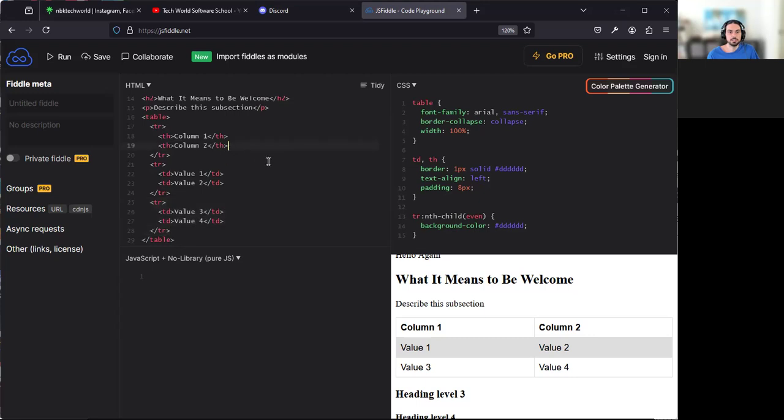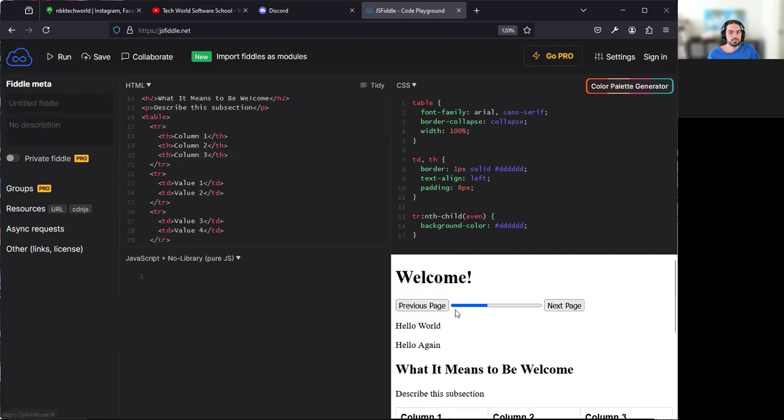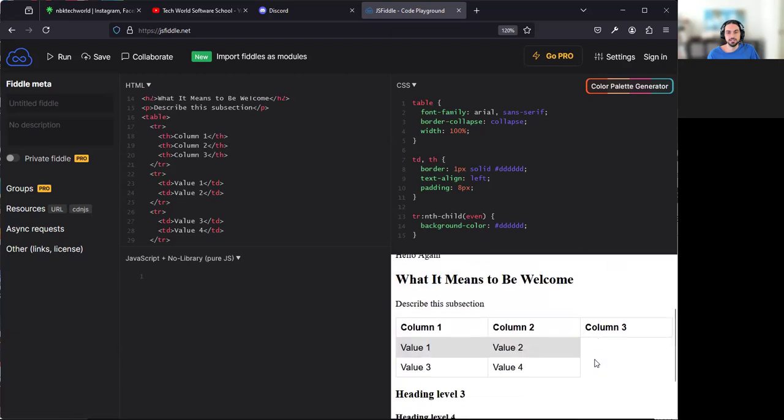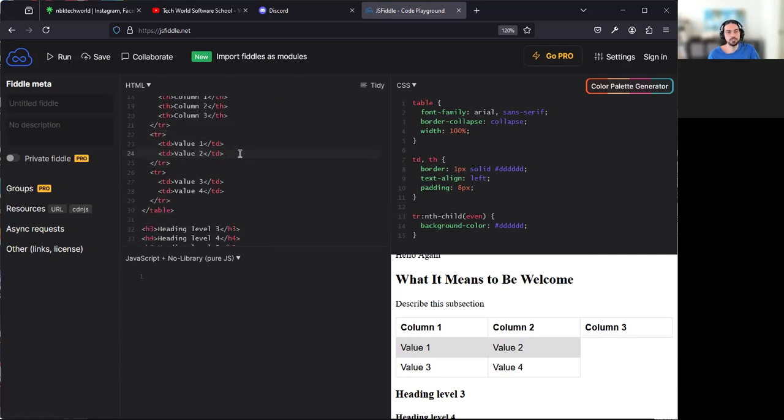For example, another column. Let's add another TH to the first TR content. Let's say column 3, and then close the TH. And I'm going to see column 3 there. Now notice there are no cells under it. That's because you don't have a third TD in the rows that follow. So you make sure to add another TD here for the value